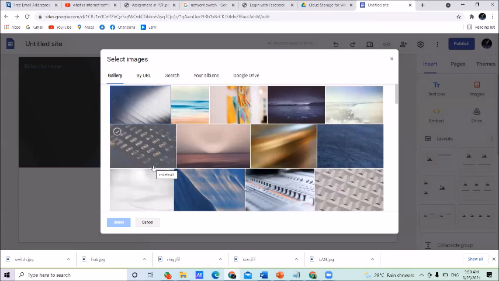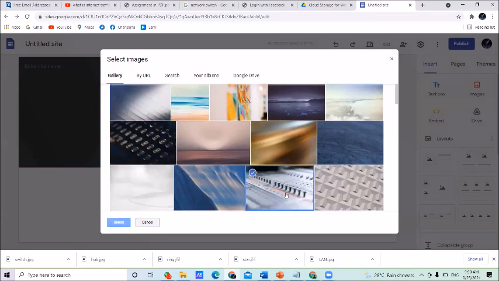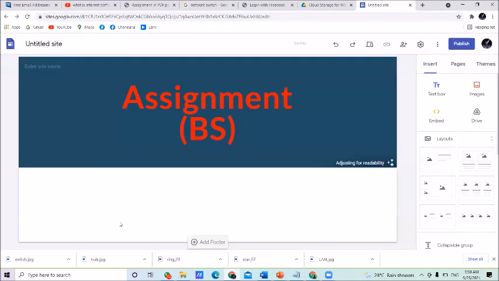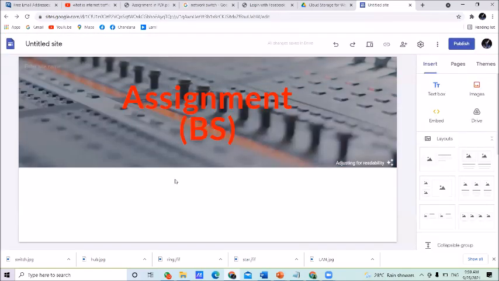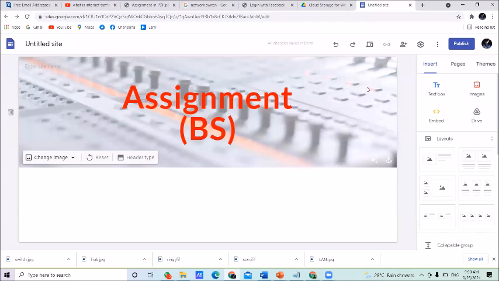Here, if I want to use this one, click here and select it. Now you can see the background is changed. In that way, you can apply any background which you like.